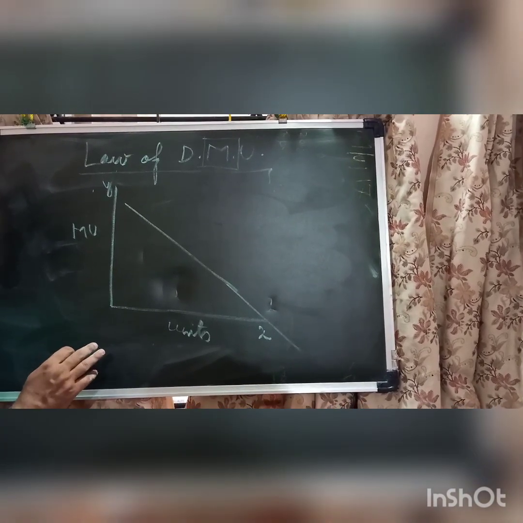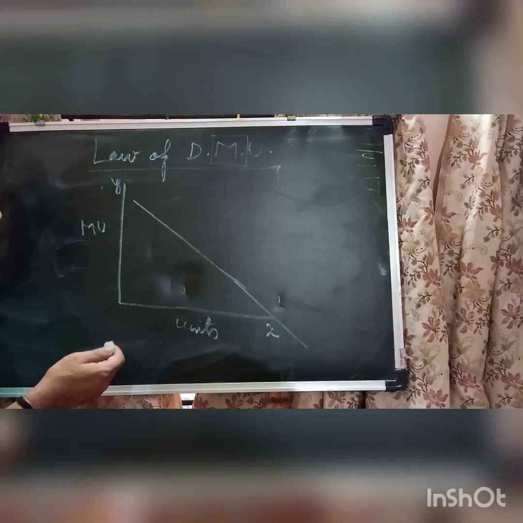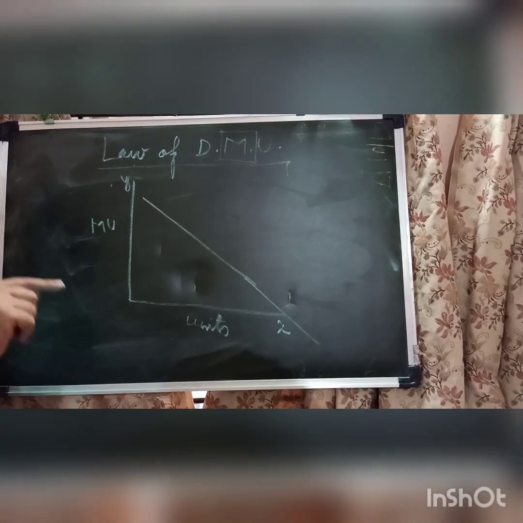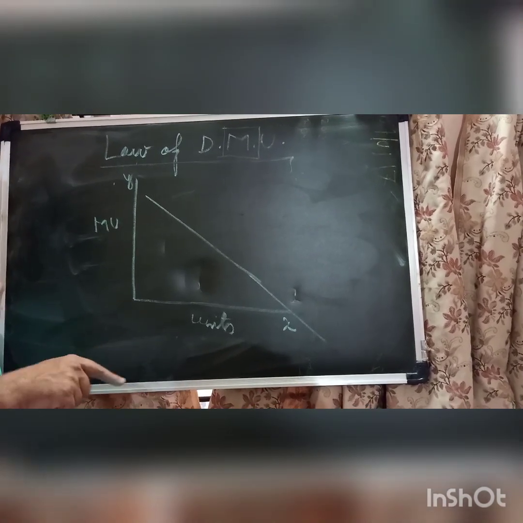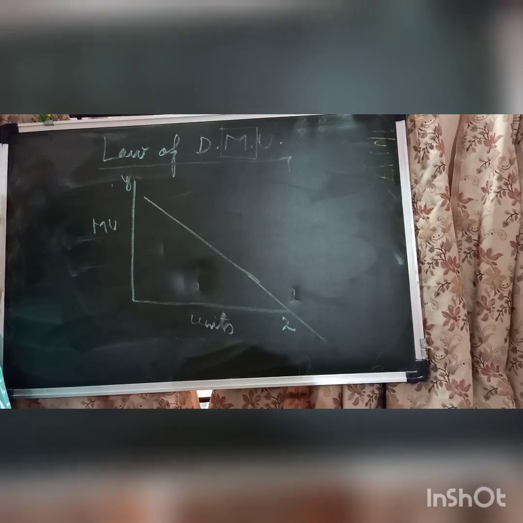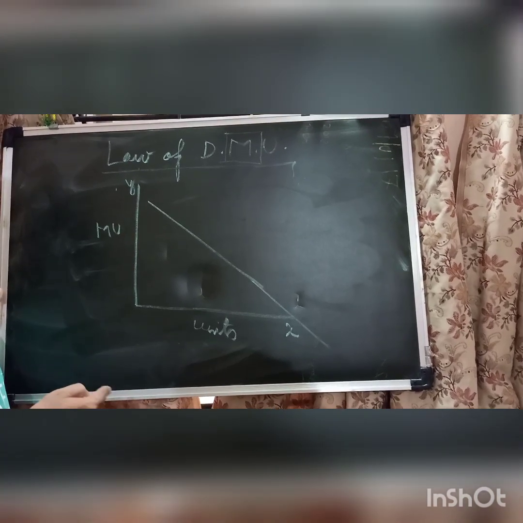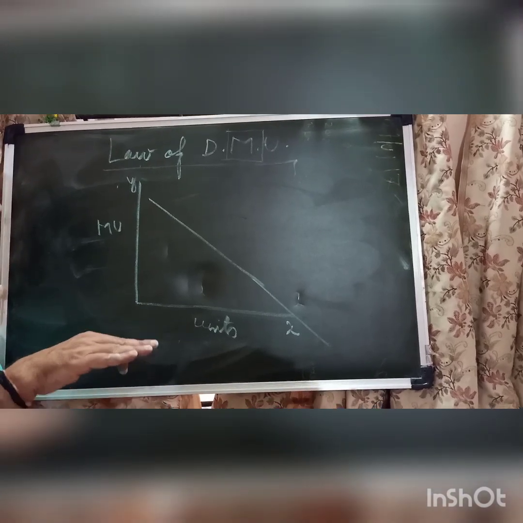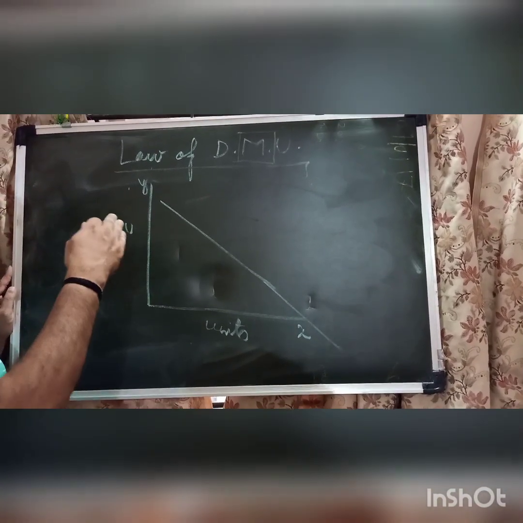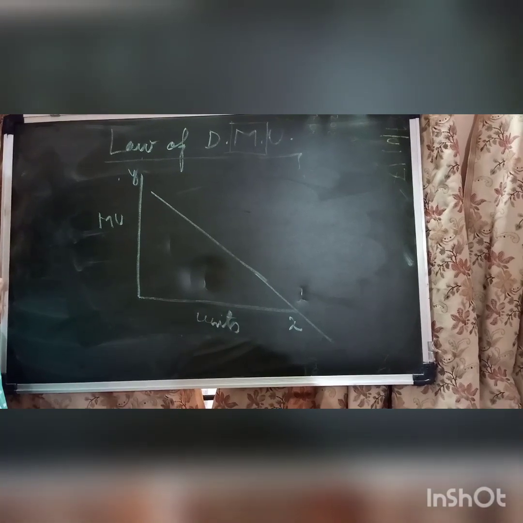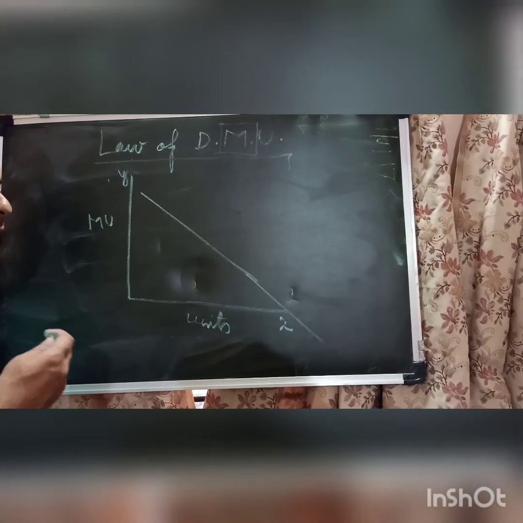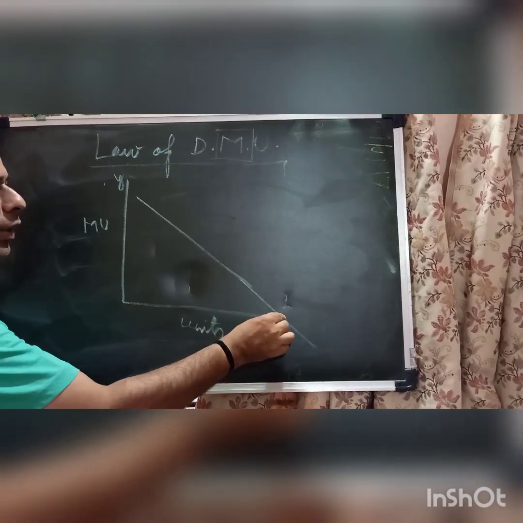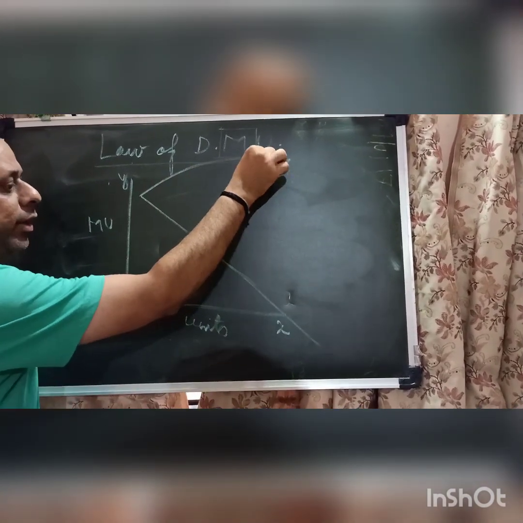Now a very simple example. If you are hungry and you need some chapatis to get your appetite full, the first chapati will give you the maximum level of satisfaction. The second, consecutive chapati, will give you lesser satisfaction level. The third, lesser than that. When you get your diet full, then it means you have consumed maximum of chapati which you could. At that time, marginal utility is 0 and your total utility is maximum.